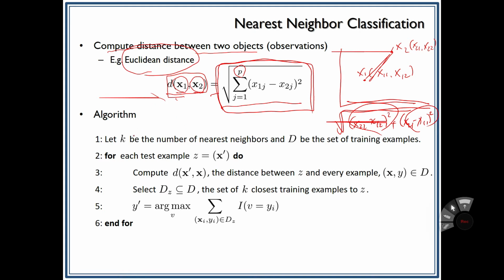So the algorithm is described as below. Let k be the number of nearest neighbors. So we define the number of nearest neighbors by our own choice. You can set k to 2 or 3 or 4 or 5 or even 10. It's just up to you. It's your choice. So this one is the parameter